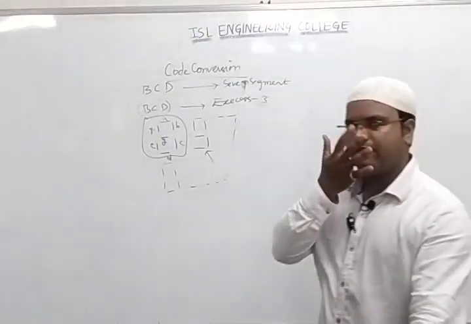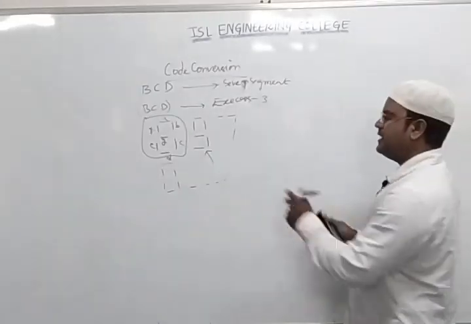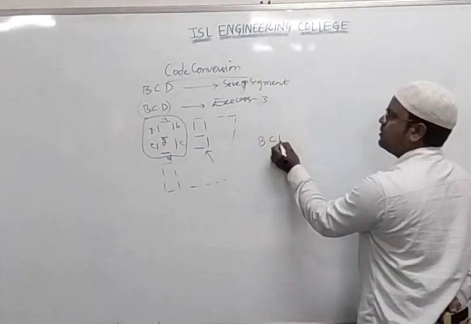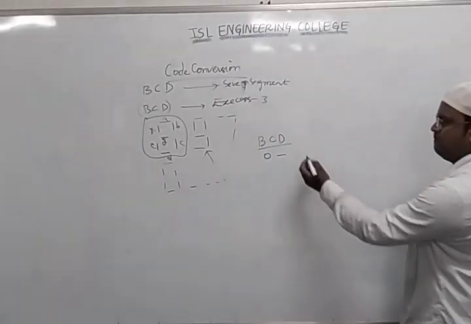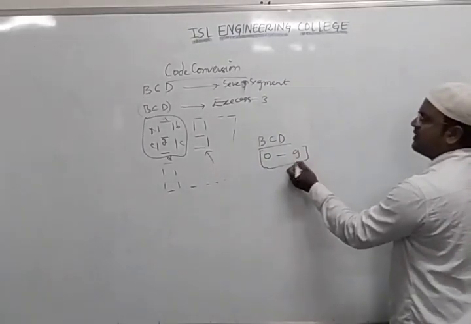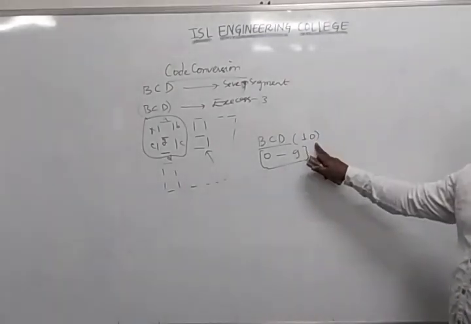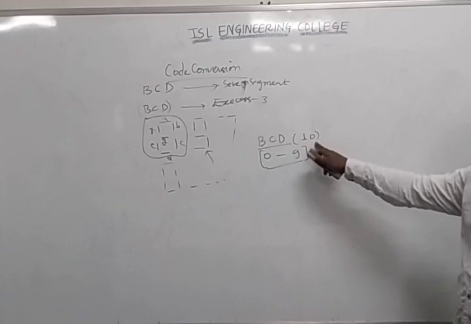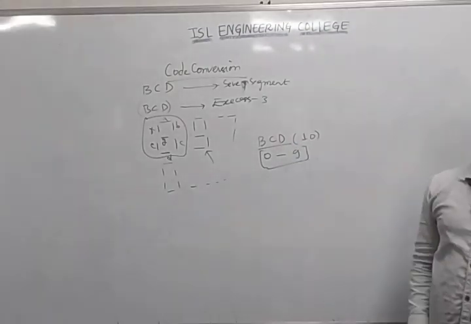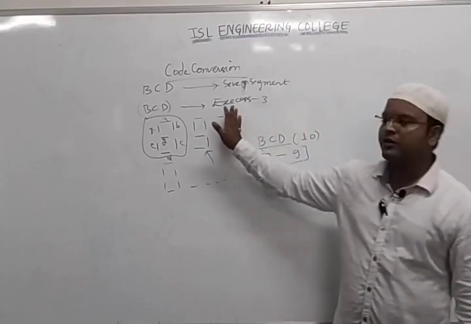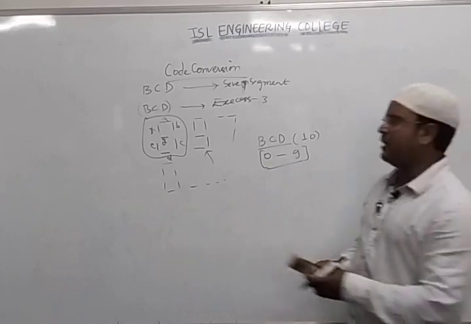First we will proceed with BCD to Excess 3. BCD codes are the digits which start from 0 and reach a maximum of 9. 0 to 9 is 10, base 10, which is decimal. One more name for decimal is BCD code. How do we convert these BCD codes into Excess 3, and how are they converted into 7 segment, that we are going to see now.